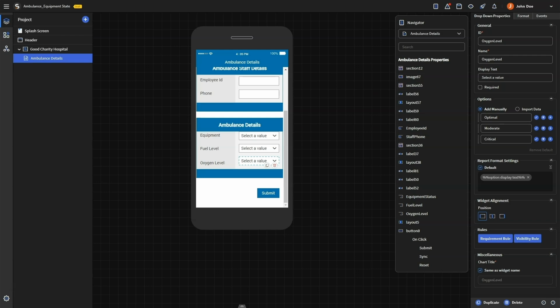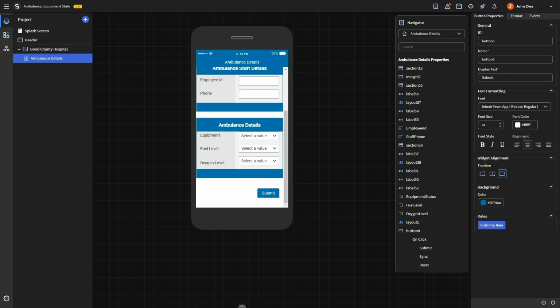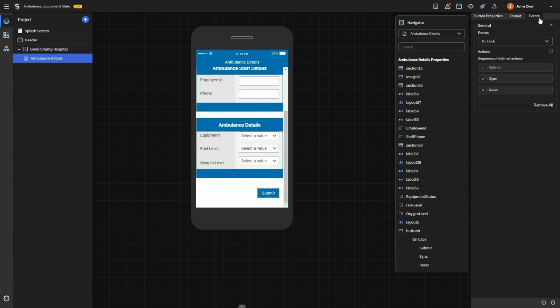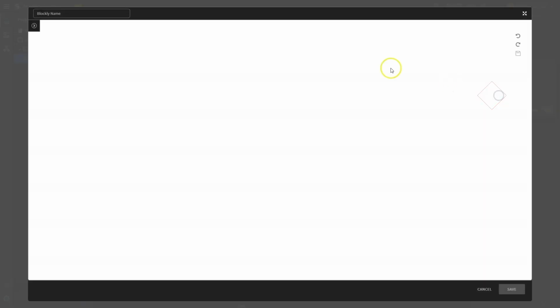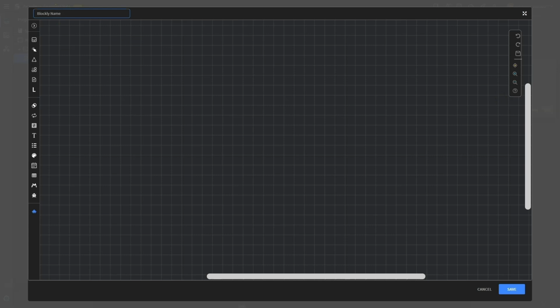To do this, we can add some Blockly code. So I'm going to hit the submit button and say when somebody hits the submit button, some Blockly code is going to evaluate, and Blockly is a way of building coding logic into the application in a very, very easy drag and drop way. I'm going to say when somebody hits the submit button, we're going to run some Blockly code, and then I'll go into the Blockly editor. For example, I'll say app to live view,